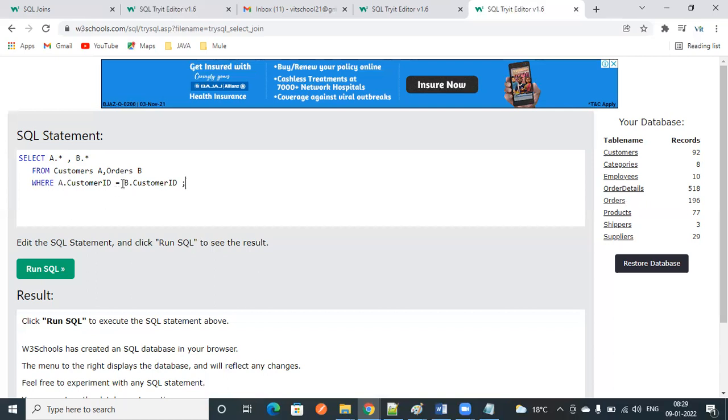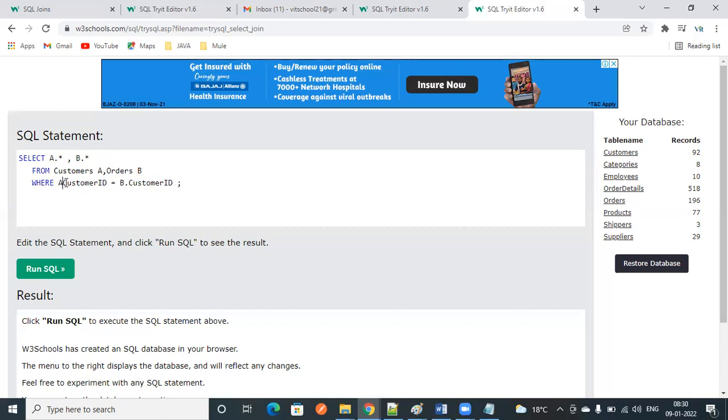Can someone tell me what B dot customer ID is here? In which table is it present? Orders. Yes, it is present in the orders table. A dot customer ID is present in the customers table. That's why we give A and B, instead of being confusing.